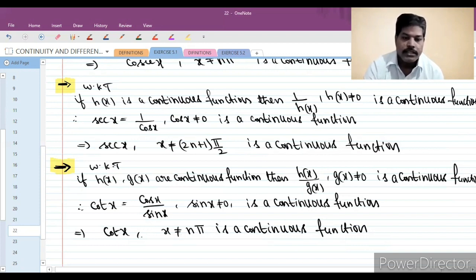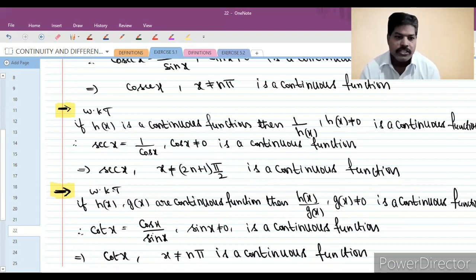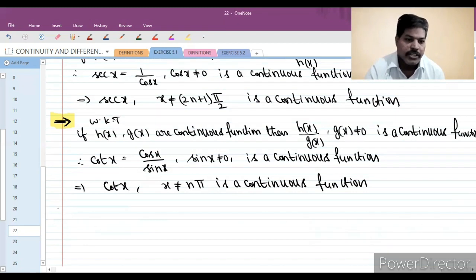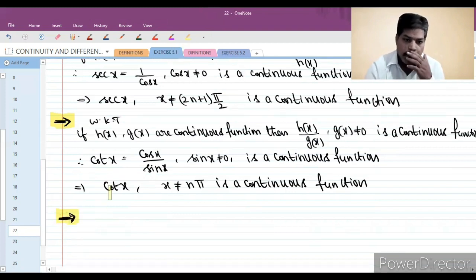So that is the last condition. And also a note point: tan x we will also prove. Why? Because we already proved sine, cos, secant, cosecant and cot x. Next I will prove cot x, tan x also. So see that note point, we will prove one more condition here. That is one more condition I am going to prove. So already this is the same condition, we will prove that.